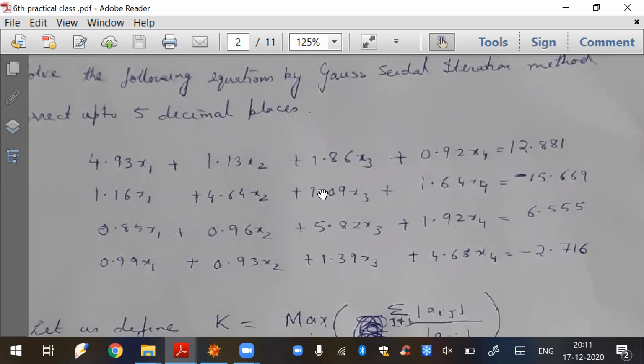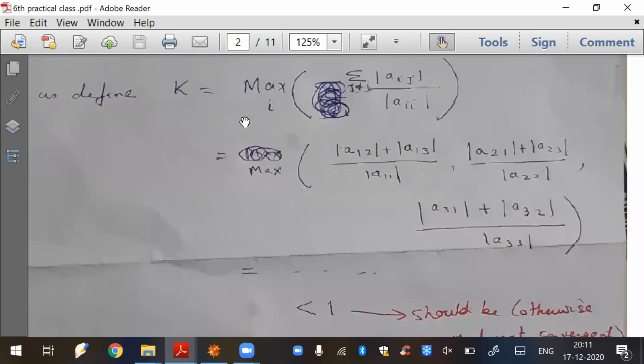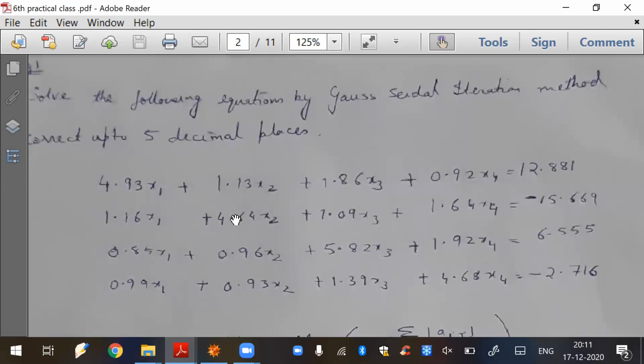Now the point is, whatever this matrix, you will check on your own whether this k is becoming less than 1 or not. If not, then definitely this method is not applicable. In some cases, I must mention it here, suppose this matrix is given to you. We know this is nothing but a system of linear equations, right? So there is no alteration which will happen if I just take this one as my first equation and this one as my second equation, or vice versa. You can take any one as the first equation, any other as the second equation. That means you can shuffle, right? The shuffling won't change the solution, right? So we can do the shuffling.